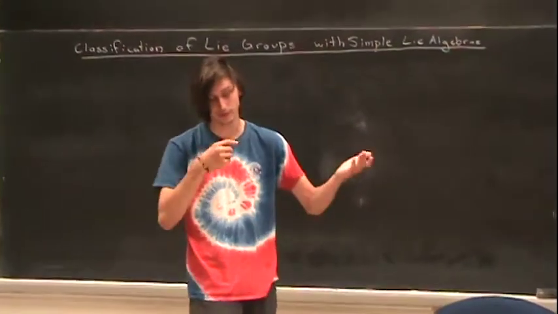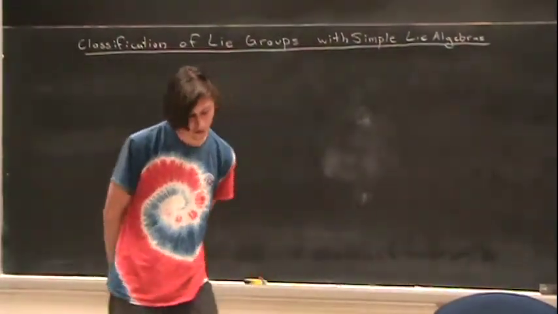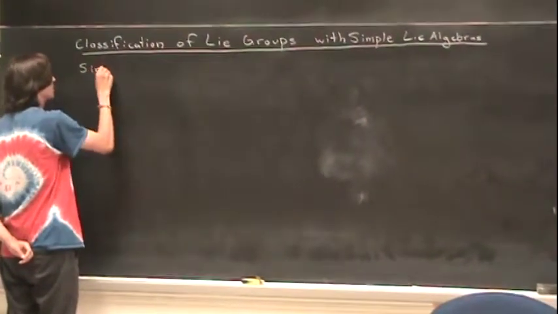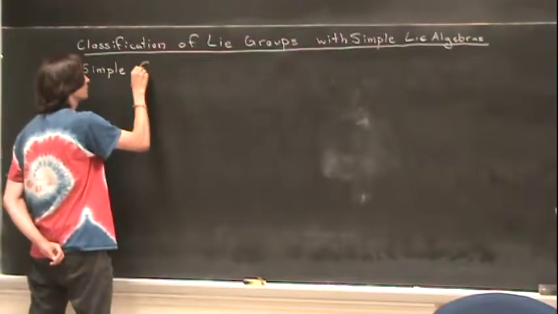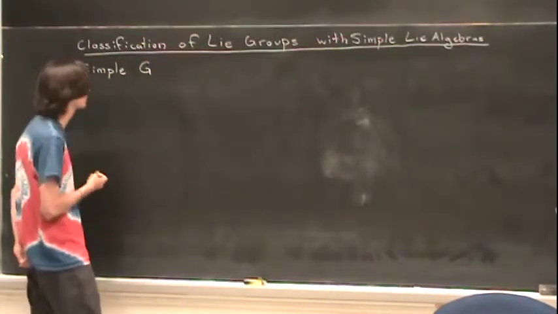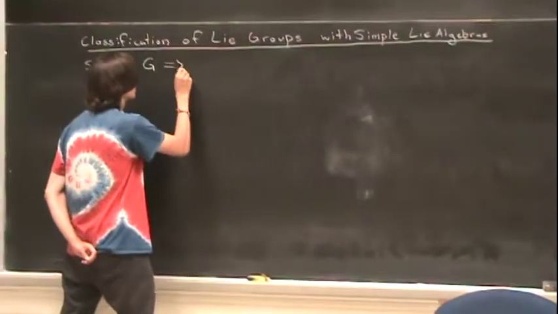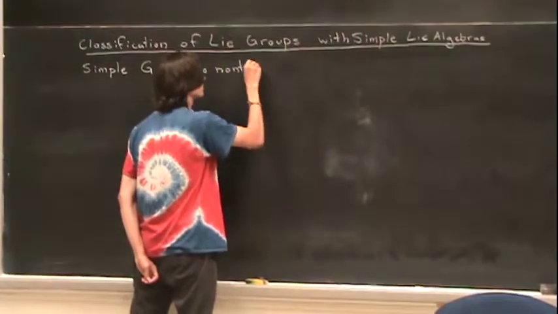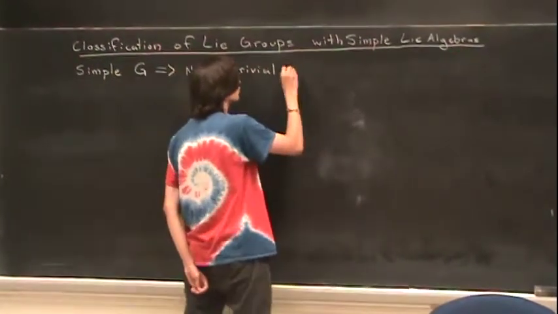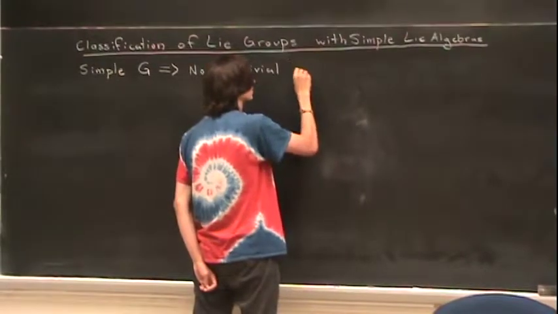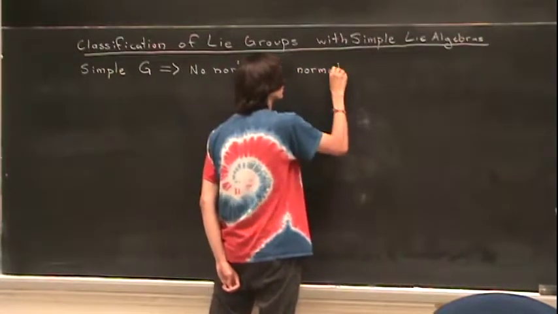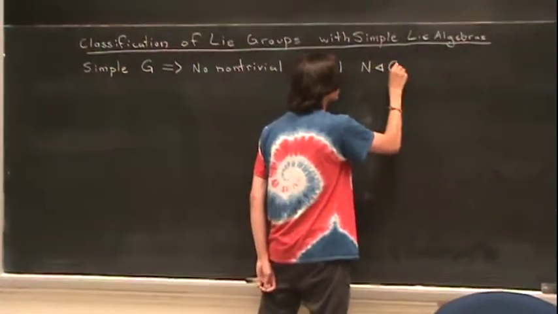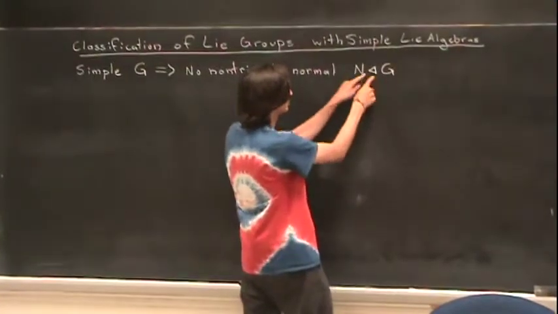it means for a group or an algebra to be simple. Just a quick recap on that. A simple group, big G, I will always refer to Lie groups as big G's, means that there are no non-trivial normal subgroups. Let's denote a normal subgroup as big N, a normal subgroup of G, which recall we denoted with this